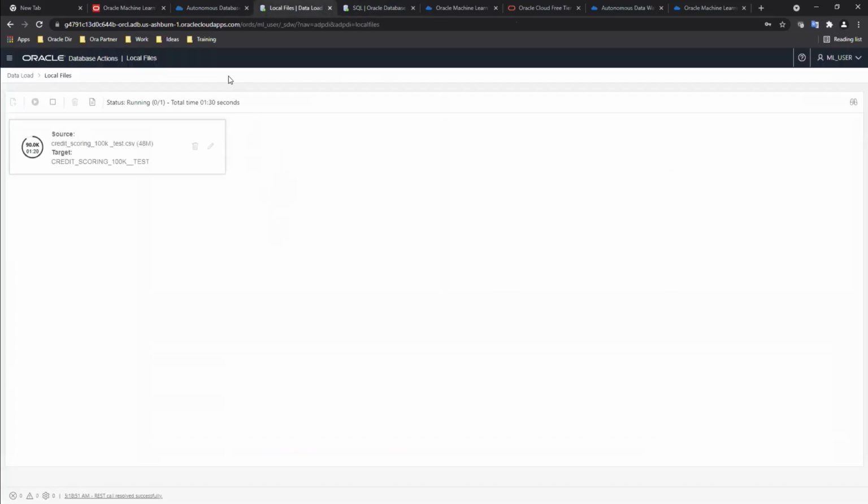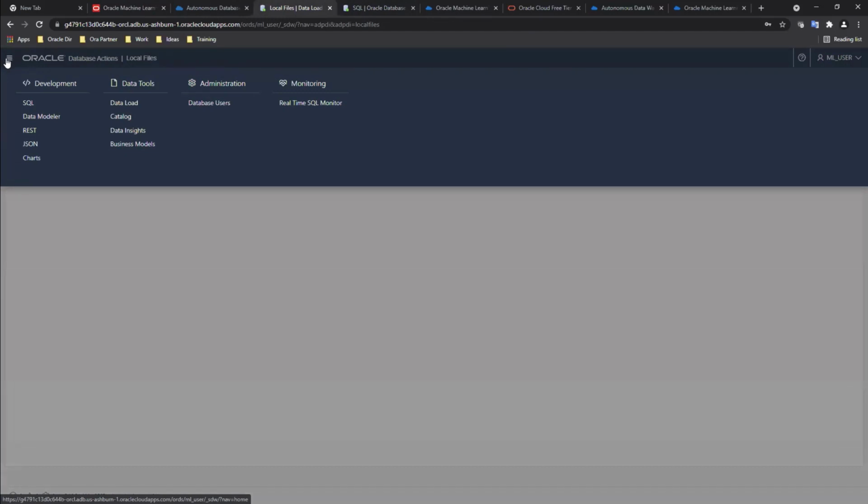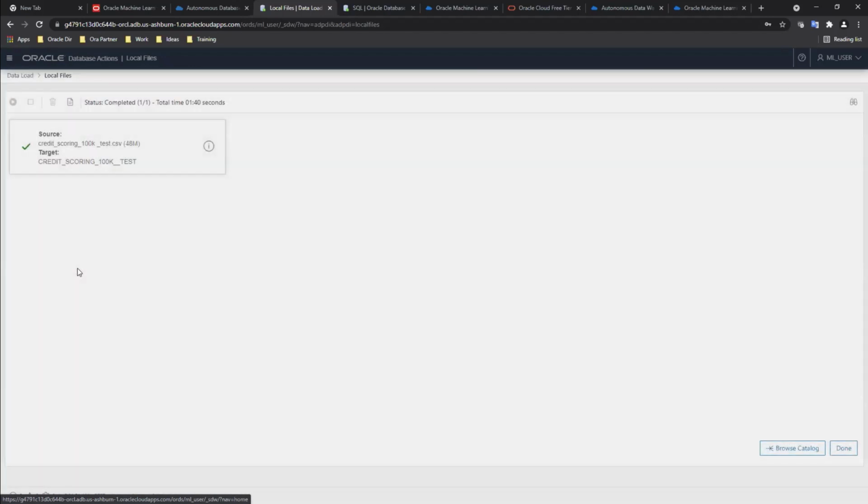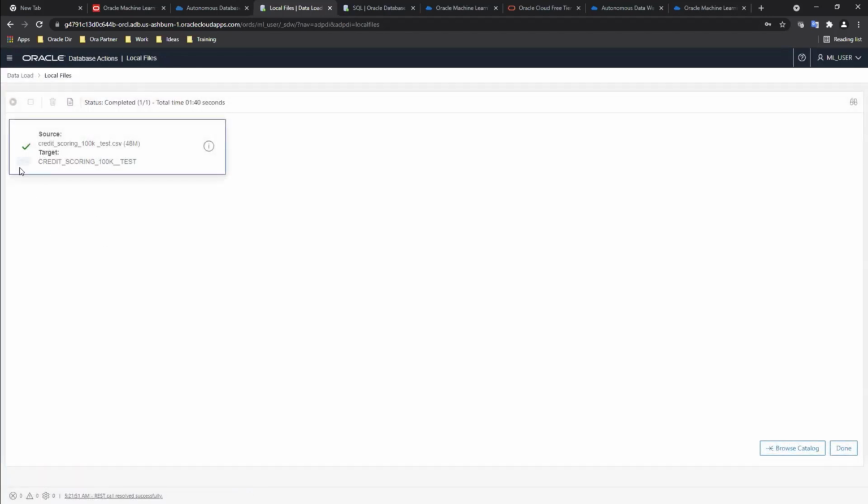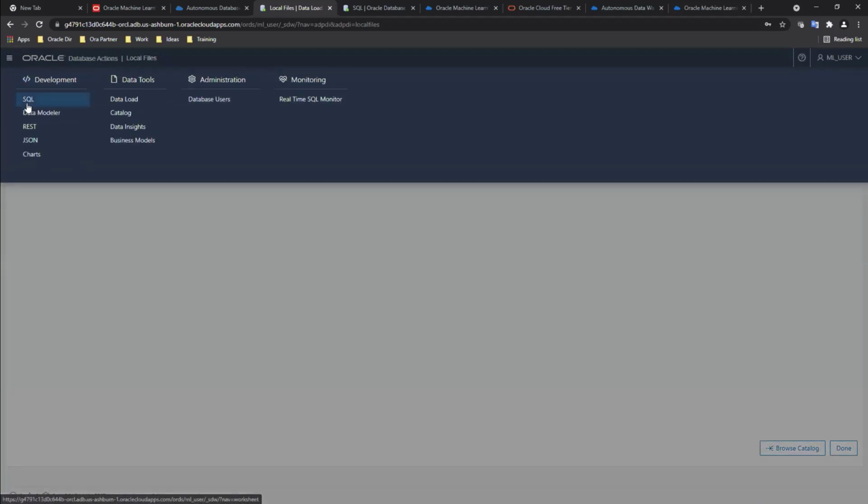So eventually what happens is we would need to sort of check whether the data has been loaded or not. So yeah, it's almost there. And yeah, like what we're seeing here, these are some of the menus available once you click on the hamburger menu. So you have all these particular areas where you can make use of. For example, either you want to use the SQL, the data modeler, REST, JSON, and charts, right? So now that we have finally finished uploading this data, I'm going to go ahead and go to the SQL,